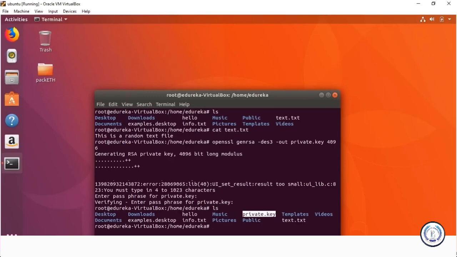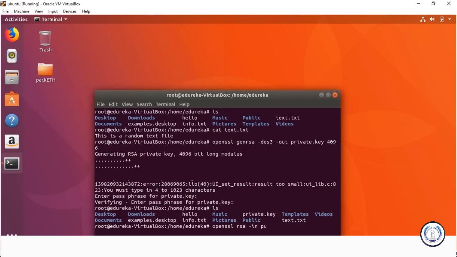Now using this private key, we are going to generate a public key. For this, I'm again going to be using OpenSSL, and OpenSSL is Unix based, so you will need a Unix system. So we first need to generate a public key, and for that we use the private key.